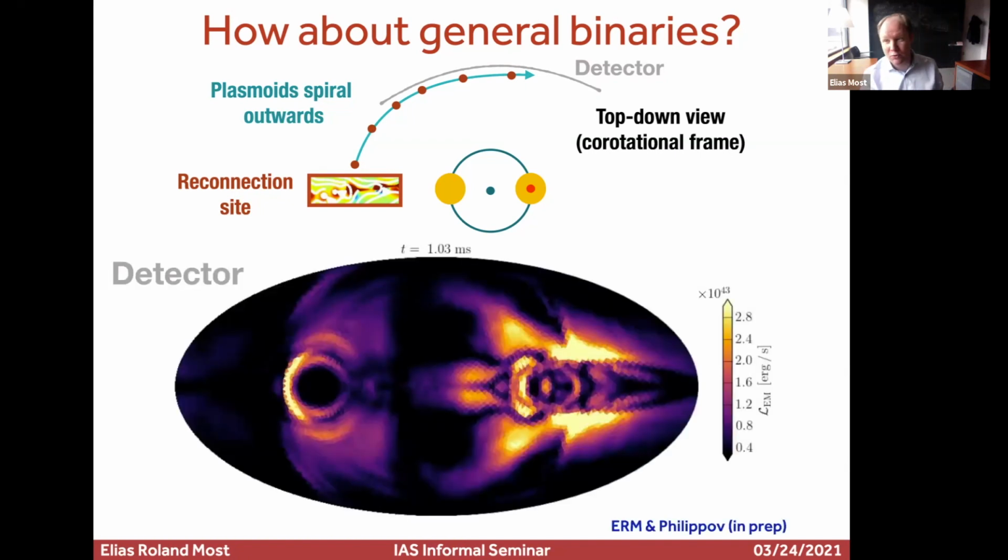So I'm now going to show you our latest movie on that. So when you take a look down here, this is showing you Poynting flux on this detector. Again, the detector is rotating with the binary. So you're not just looking at something that is happening at a fixed location in space, but the thing is actually rotating at a constant speed.